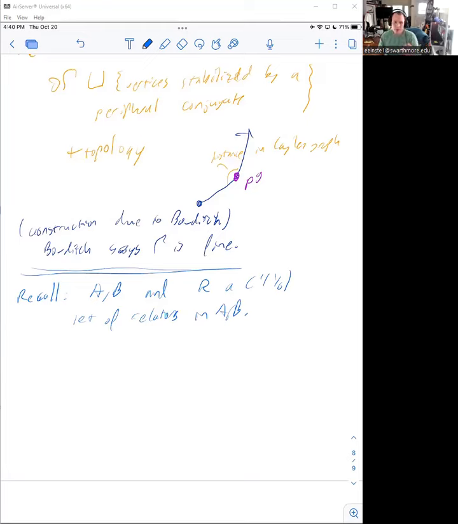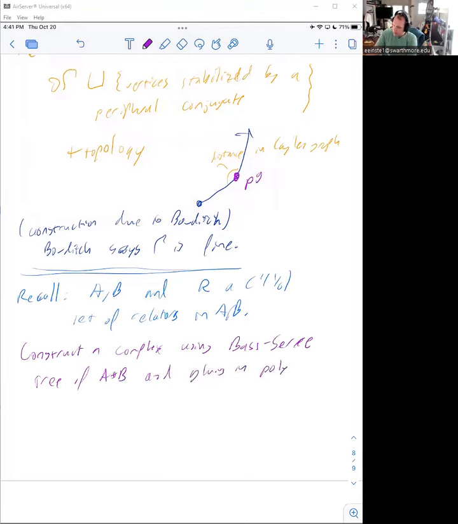First, you want some kind of geometric complex to act on because you're a geometric group theorist. So the idea is to construct a complex using the Bass-Serre tree of A star B and gluing in polygons to get